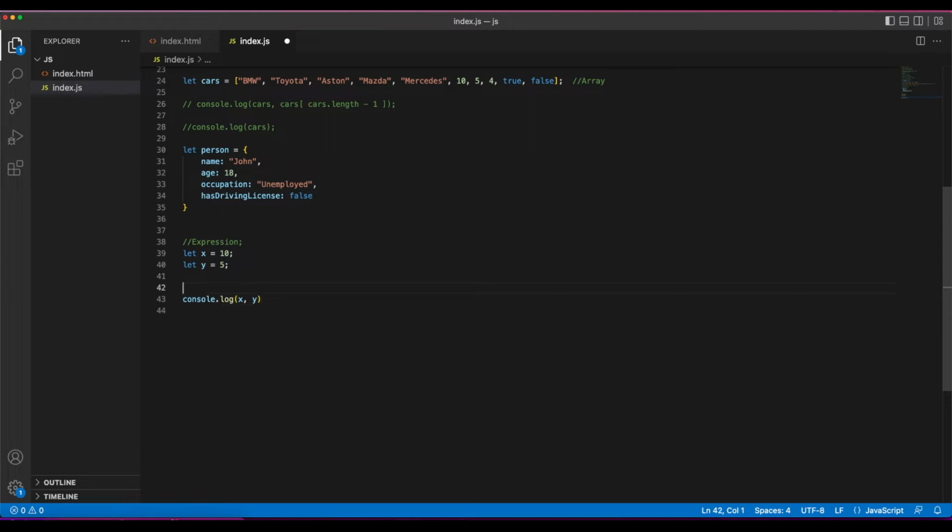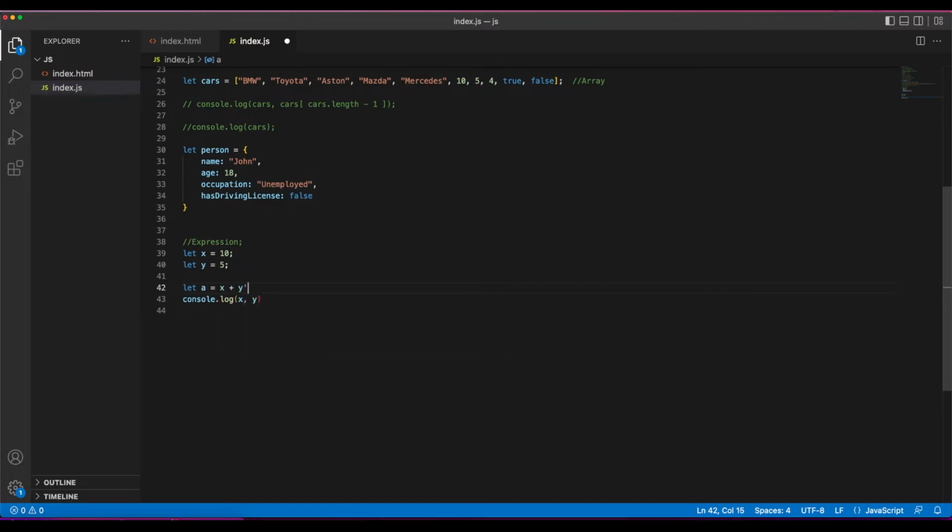Now what we want to do is create a new variable that will be the sum of x plus y. So the way to do that would be, again, just create a variable. Remember, this could be var or const or let, depending on your need. Right now we'll just set it as let, and then we'll give it a name of a equal to x